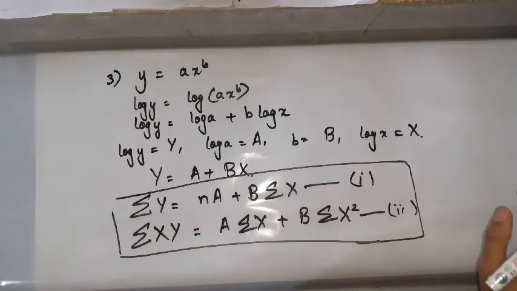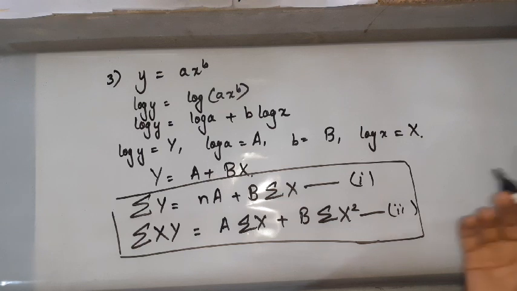The problems here are very simple, very easy, and this whole topic is itself easy. Not only this curve fitting, even the coming topic, that is correlation and regression, it's all numerical and you can easily solve it, but you need a calci. Okay, now let us see some of the problems on these. I'll just cover one or two problems on each of the curves, and we'll see further. If it is required, we'll continue with that. Otherwise, we'll go to the next topic, because this topic is very simple. While solving the problem in the beginning only, I'll let you know what details you need to take care of, and directly we can move on to the next topic.